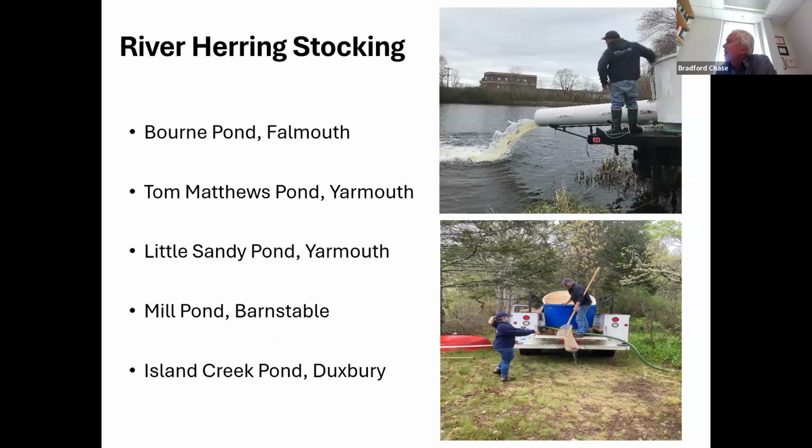And I want to mention we do herring stocking every year. These 5 stations had stocking that occurred in 2024. We have a large stocking truck shown in the top photograph, and then we have a small stocking truck that has the ability to move small amounts of fish to difficult to access areas. So this is something we do all the time. The public really likes this type of